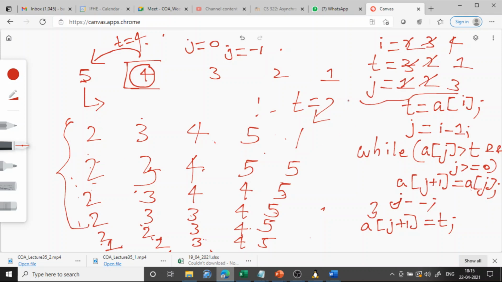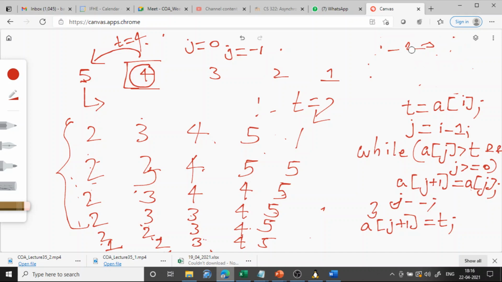So before this, we have to write a for loop. This is the inner loop only which I have written. Before this, we have to write a for loop. In that for loop, we will start with the first element to the nth element, because we will not start with the zeroth element. Initially that zeroth element, we assume it is in the correct location. So we start with for i is equal to 1, i less than n, i plus plus. So this is the algorithm for insertion sort.